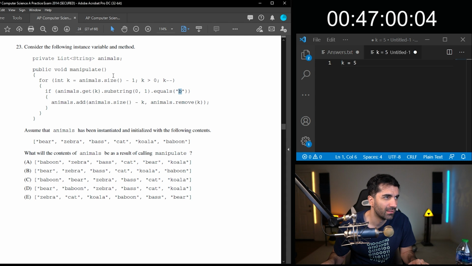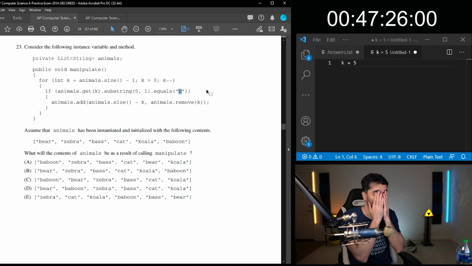So it's going to be animals k dot substring. So it's going to start with 5. So 0, 1, 2, 3, 4, 5. Then animals dot add.